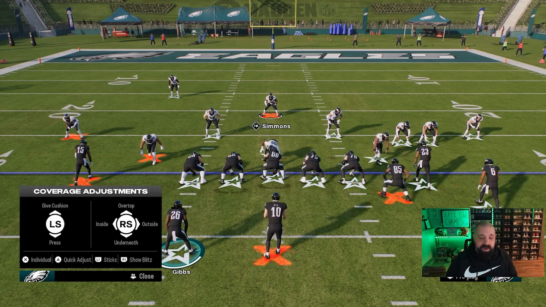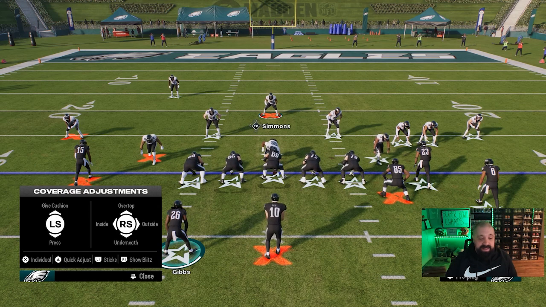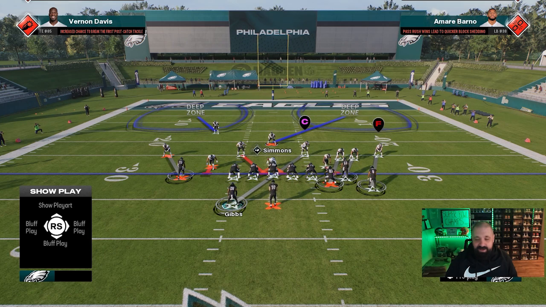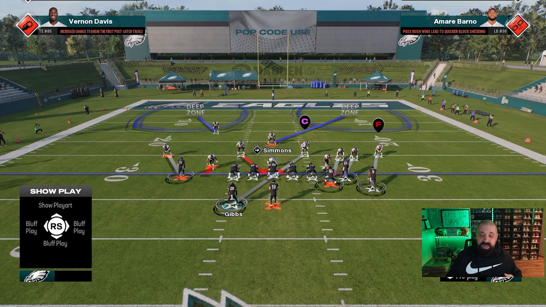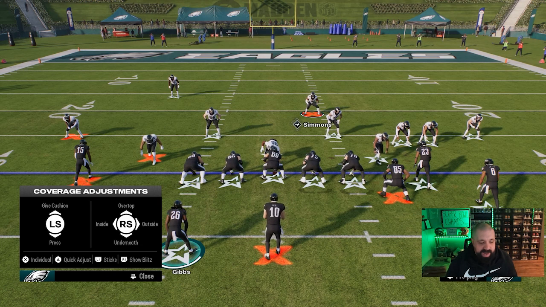Triangle to start it up here, up on the right analog stick for over top, triangle to start it again, and then right on the right analog stick to go outside. I'm sorry there, it would be pushing your right analog stick to the left to shade inside, as these buttons show you. So some other things that we're going to point out here on the coverage adjustment screen: you